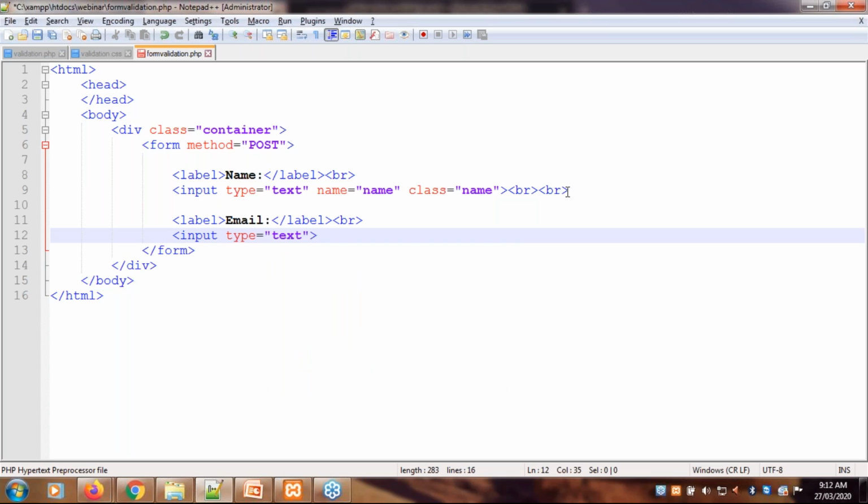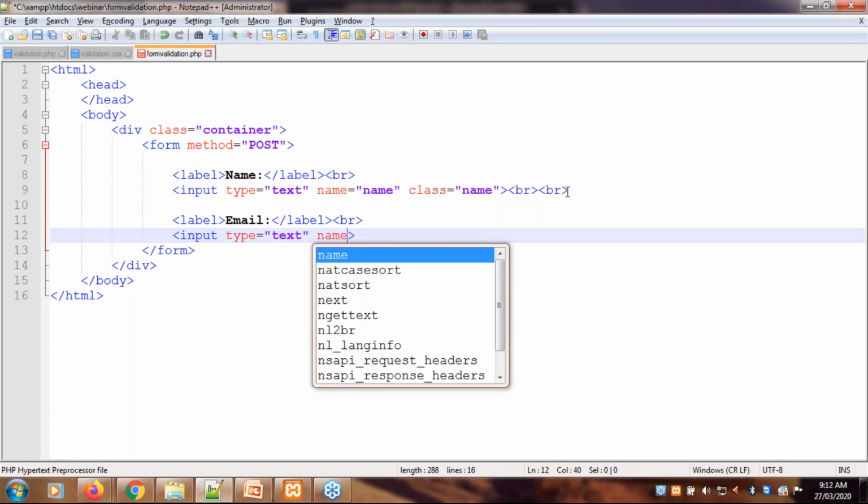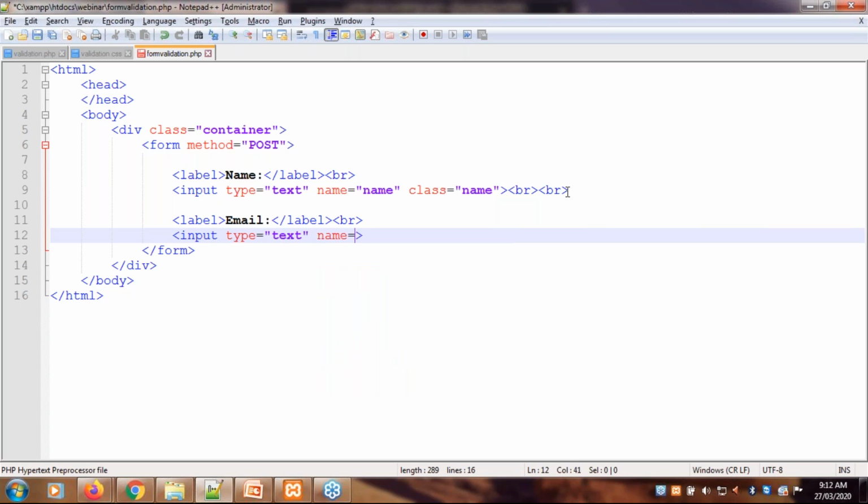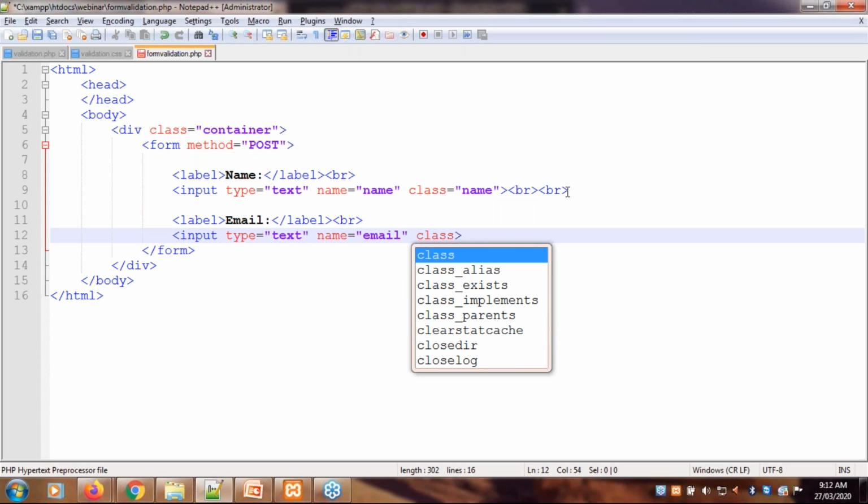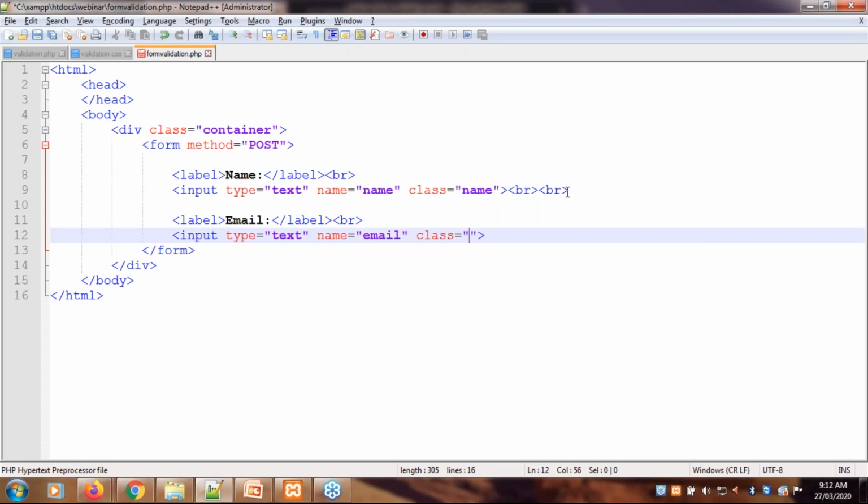Now here we are using input type equals to text. But if you are using input type equals to email, then by default it will provide a validation. So for implementing server-side validation, we are generally using input type equals to text.